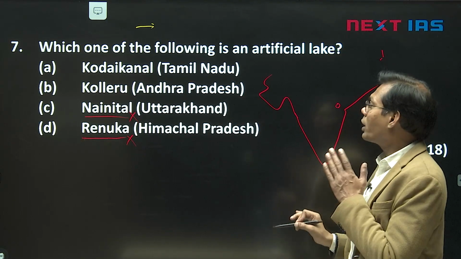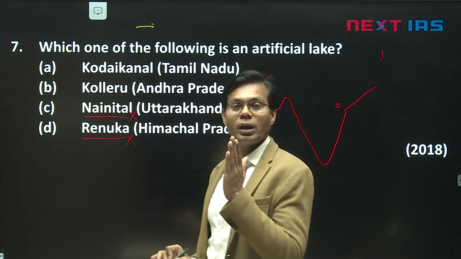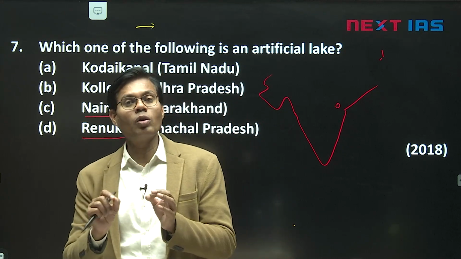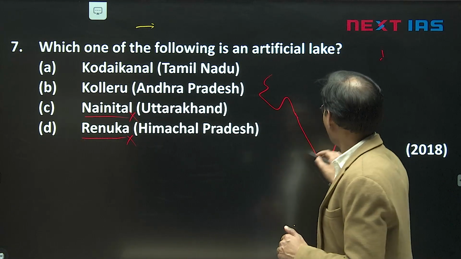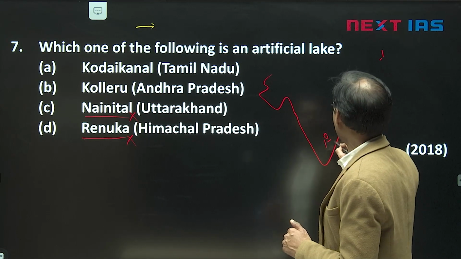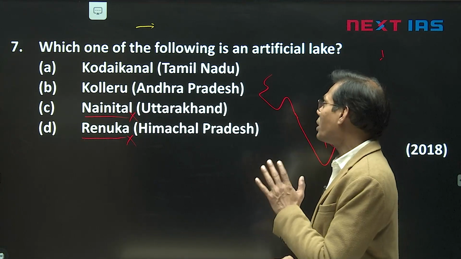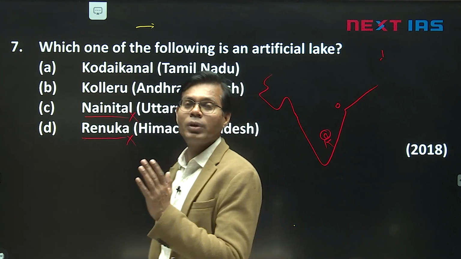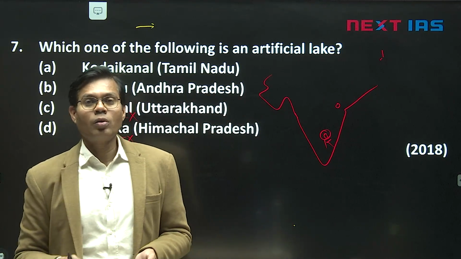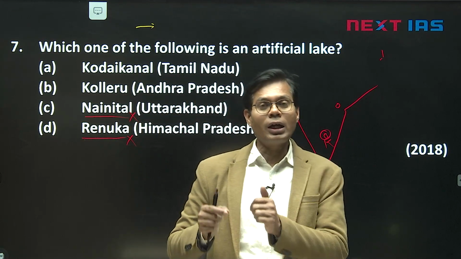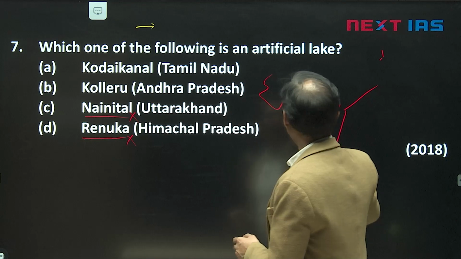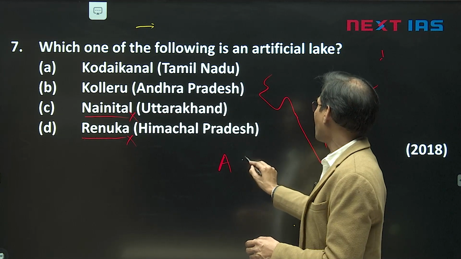But one lake is Kodaikanal. Kodaikanal is a hill station, and the Britishers have developed this lake, and Kodaikanal is an artificial lake. But this particular fact many of us are not aware of. So what can we do here, if UPSC is asking this kind of question on artificial lakes, then what should be our way to remember the facts in future?